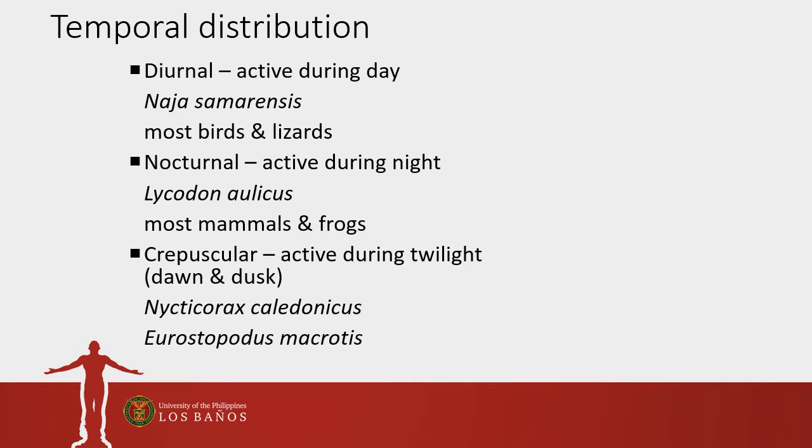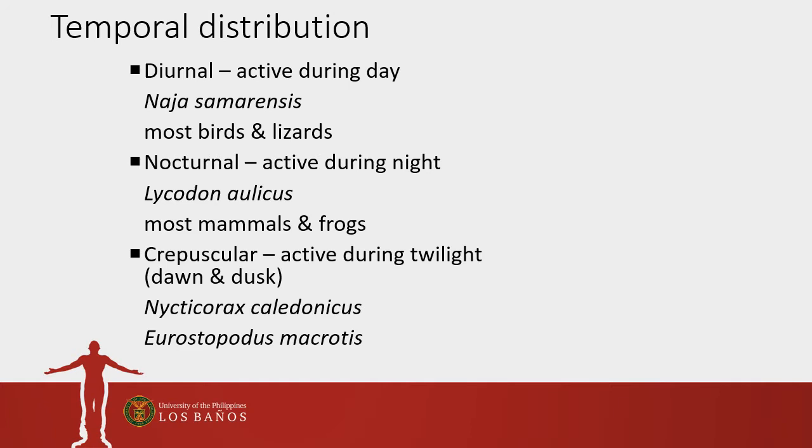Wildlife species also vary in terms of activity patterns, and this is referred to as their temporal distribution. So there are diurnal species, those that are active during the day, like most birds and lizards, and the cobra Naja samarensis. Nocturnal species are active during the night, so these are most mammals and frogs, and snakes, for example,